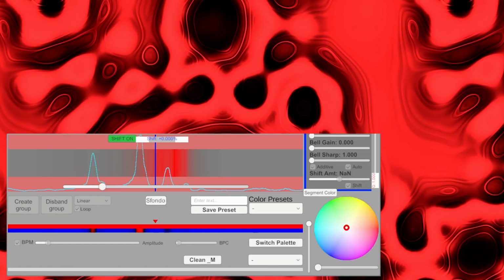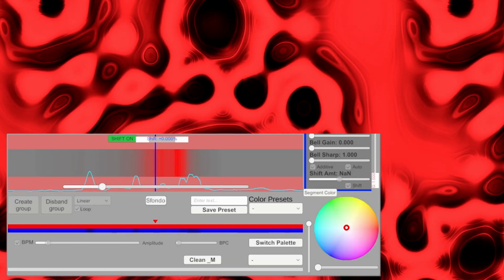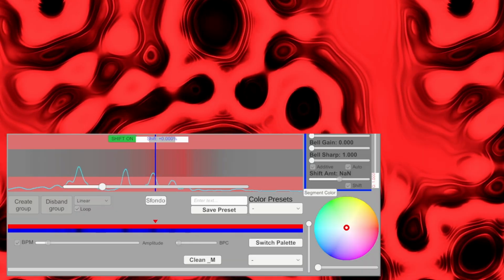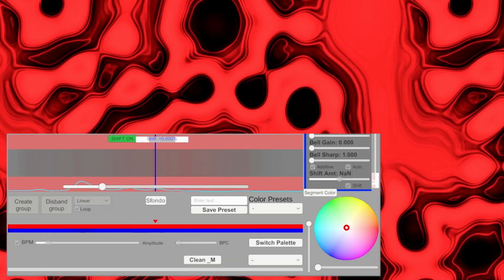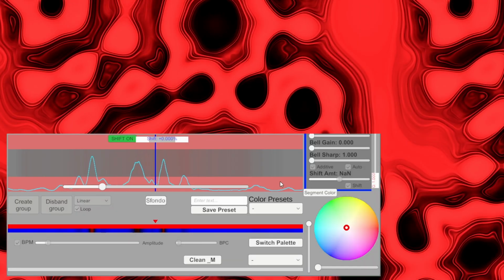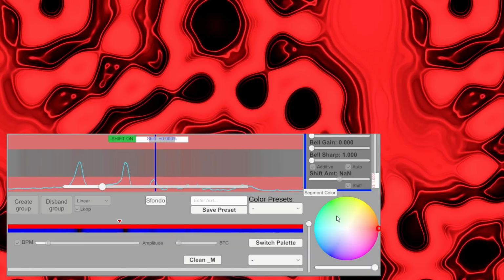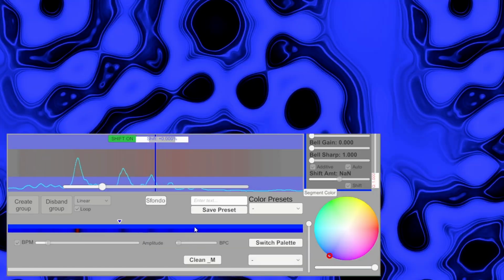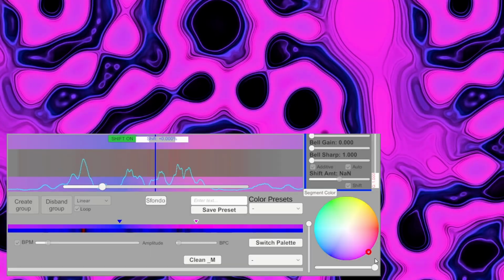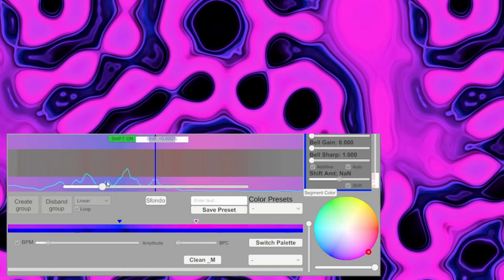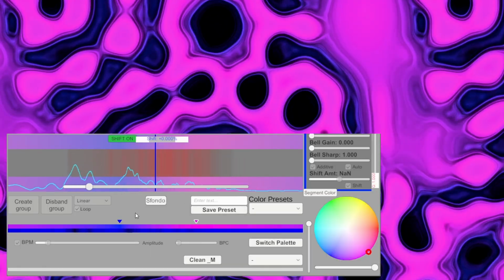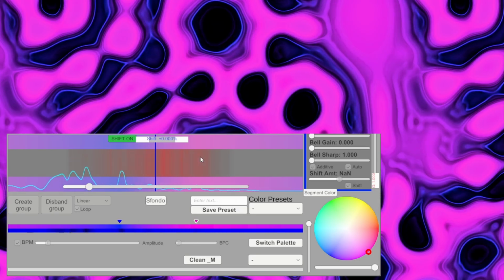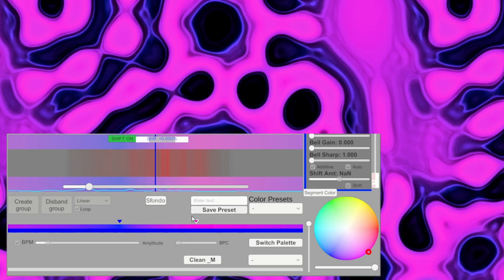Hello everyone! Today we are going to look at how to give color to the simulation. Lenia Mixer uses a color palette to map every pixel with a similar neighborhood analysis to a nearby position in the palette. The result of the neighborhood analysis, the convolution with the kernel mask, is used directly to find the corresponding hue. You can see this more clearly in the histogram, which is in the middle of the growth curve